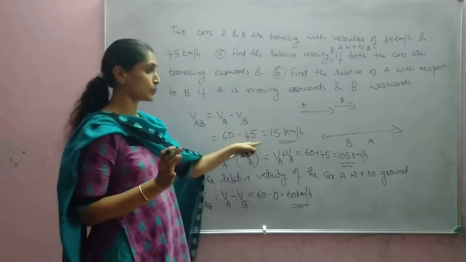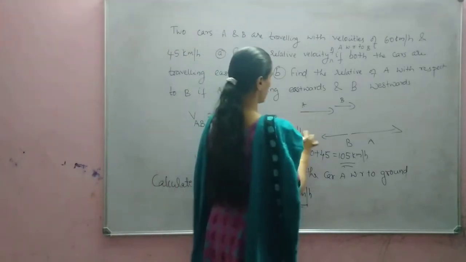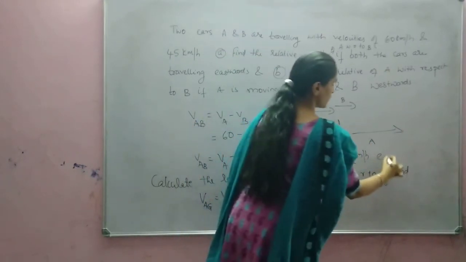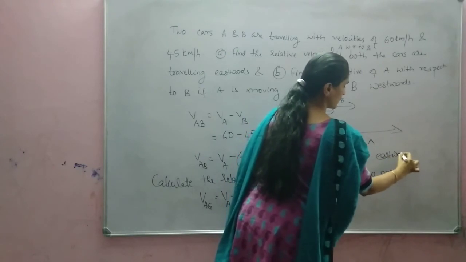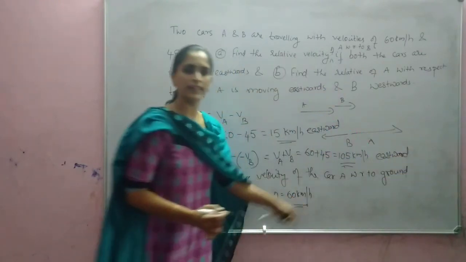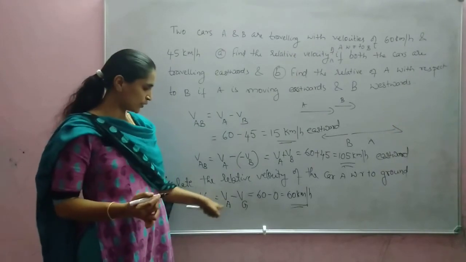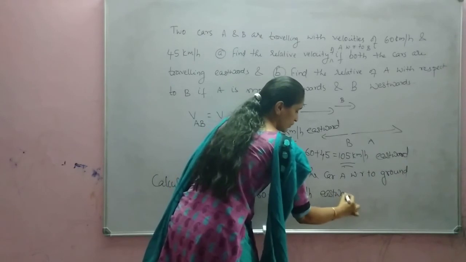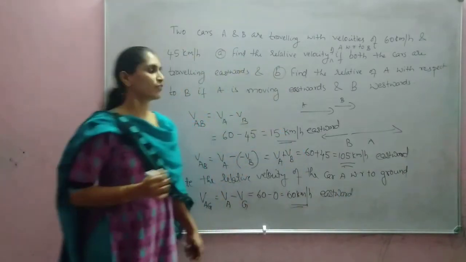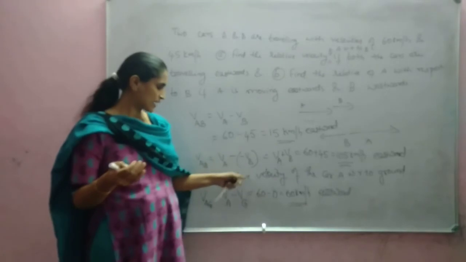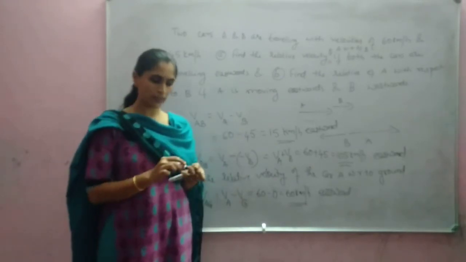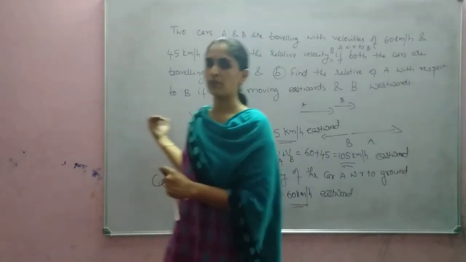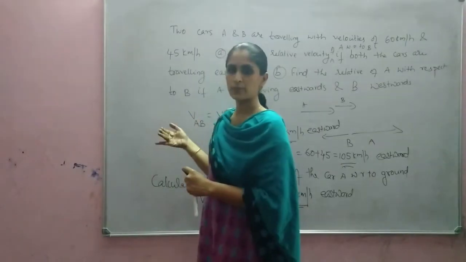So here in these problems, you have to specify direction. Here what will be the direction? It will be eastward direction. And here also you have to specify the direction, eastward. Okay. Velocity of A with respect to B, we can write, velocity of A with respect to ground. Same way we can find velocity of B if it is asked, relative velocity, if in the same problem it is asked. So we will delete this and we will discuss the next part.